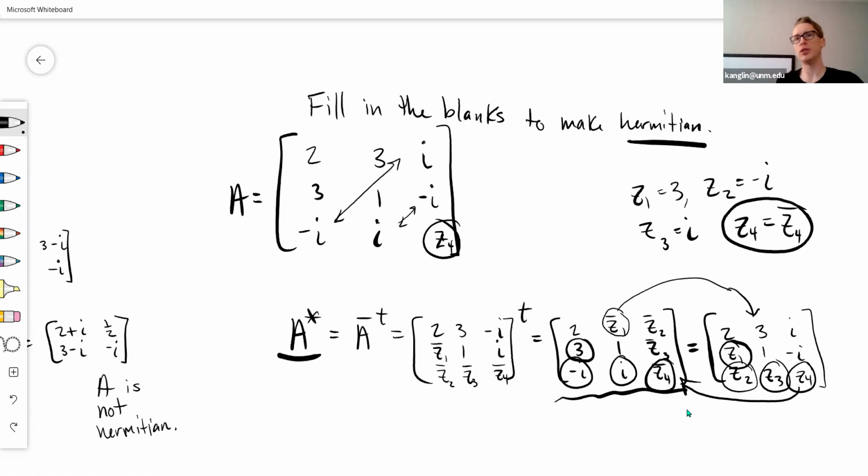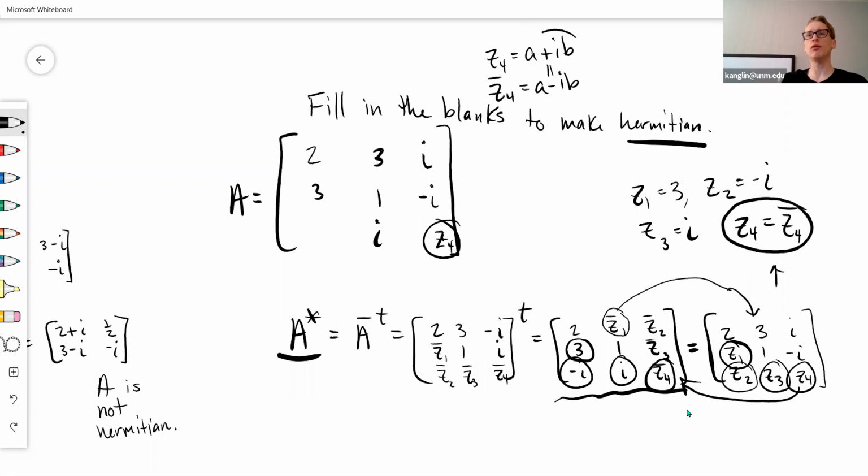You're just taking a symmetric matrix, but making sure any complex stuff gets a conjugate on opposite sides of the main diagonal. Except for this one. This one's complicated, right? Z4 equals Z4 bar. Well, let's figure out what that means. If Z4 is some complex number, a plus ib, the fact that it equals its own conjugate means it equals a minus ib. Right? For these two to be equal,